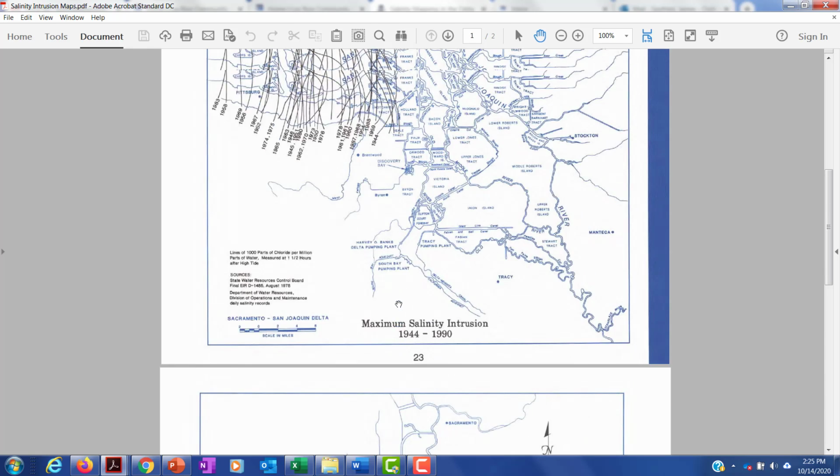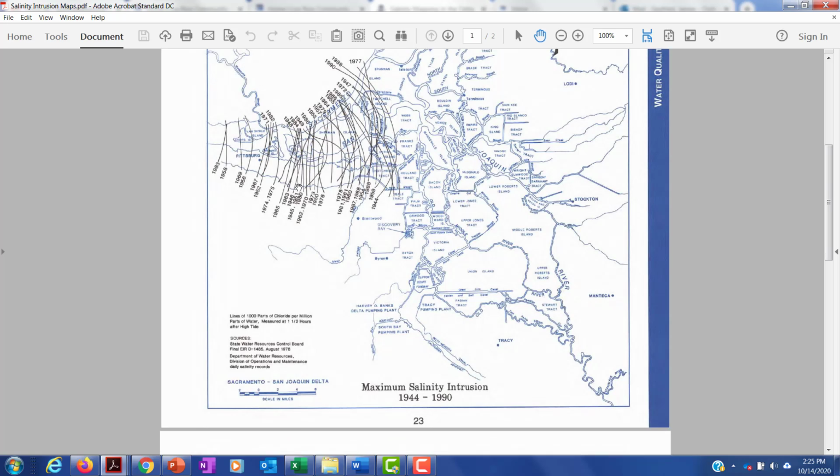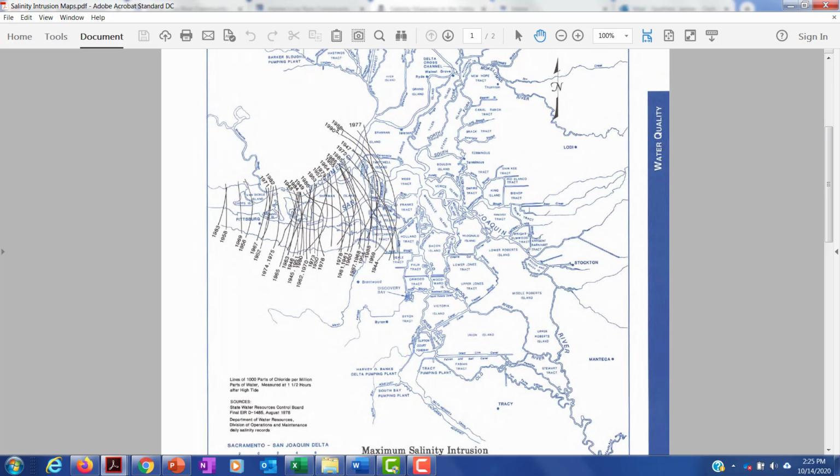After 1943 and the dams were built, you see what happens to all these annual contour lines. They kind of bunch up. The worst condition that we had looks like 1977 or so, maybe 1944, where seawater came in all the way into this island here. But again, the way to interpret these lines is to the right of the line is fresh water. To the left of the line is salt water. And the exercise that we're going to do for this homework assignment is to draw one of these lines with